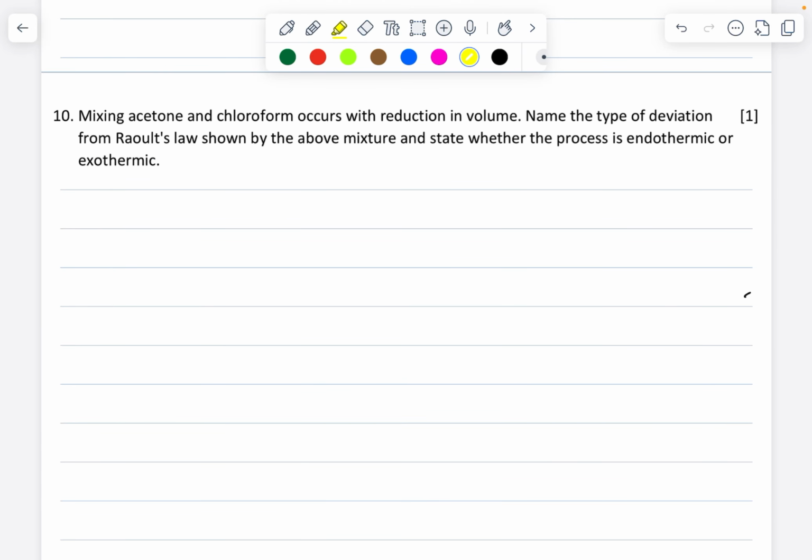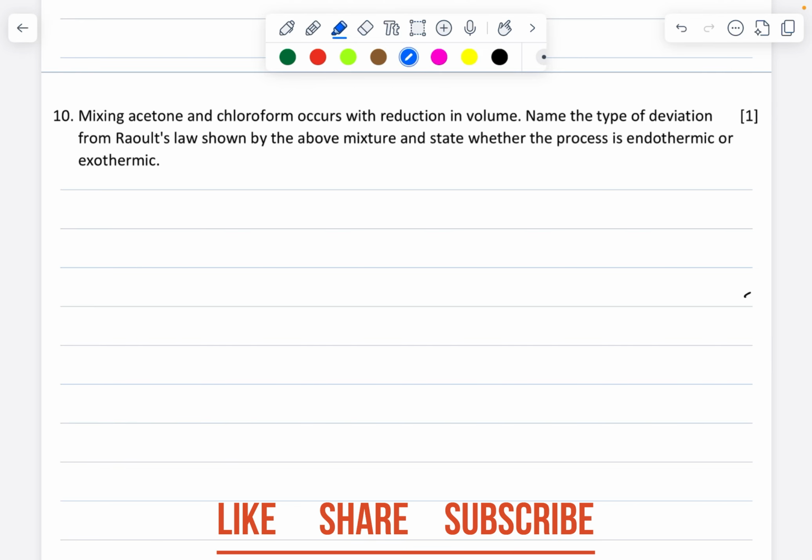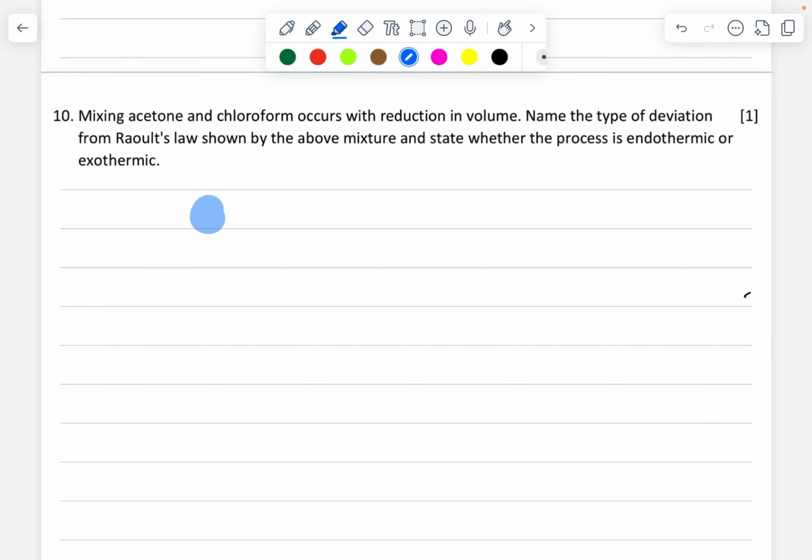Mixing of acetone and chloroform occurs with the reduction in the volume. Name the deviation from Raoult's law shown by the above mixture and state whether the process is endothermic or exothermic. Acetone and chloroform. Before I tell you the answer, let's understand the concept. There is one acetone molecule